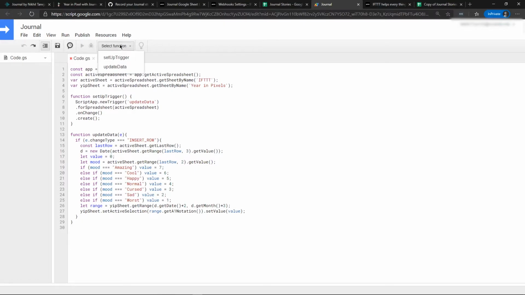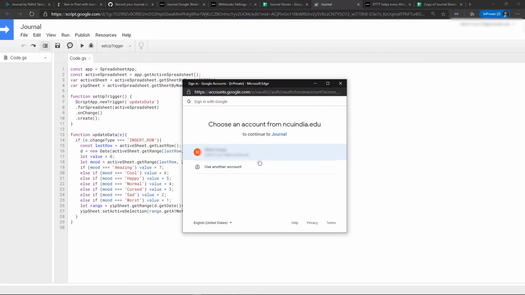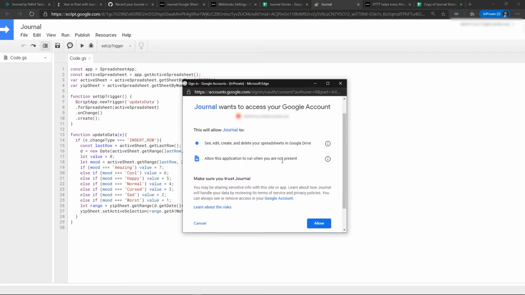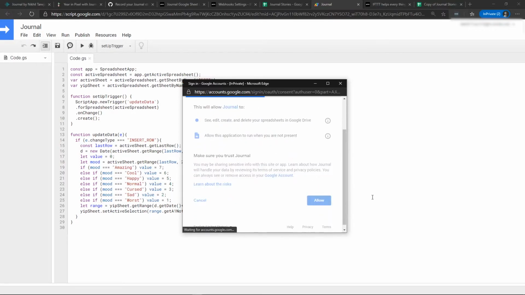After pasting this, you have to select the function setup trigger, which is this one, and you have to run it. As you can see, it will ask you to authorize. Since Google Sheets wants to see what changes there are, and it runs in the background on your behalf, you need to provide this permission.